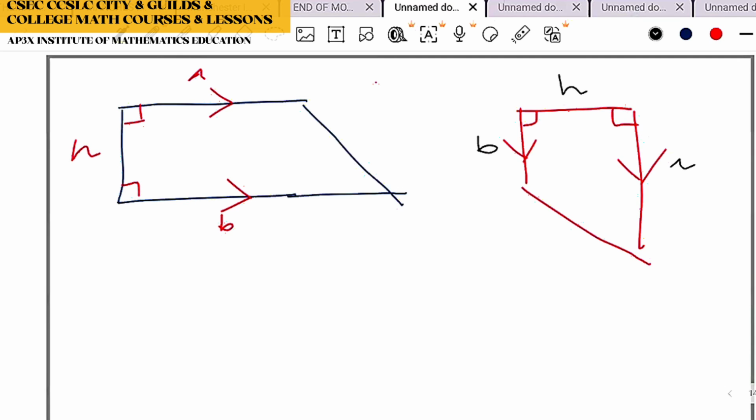So you might ask, sir, what if they don't show me the arrow? They have to. If the arrow is not there, it's not a trapezium. It has to be there. Or if it's not there, they're going to write it in words and say the diagram below is the shape of a trapezium. So you're going to either see the actual word trapezium, or you're going to see indicators that will allow you to make the mathematical assumption that it's a trapezium.